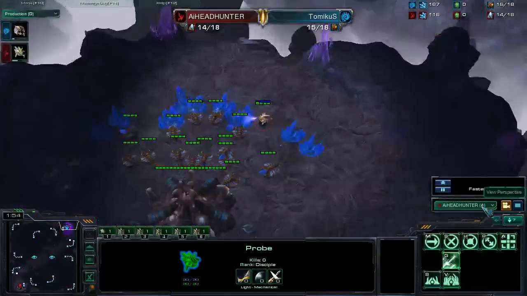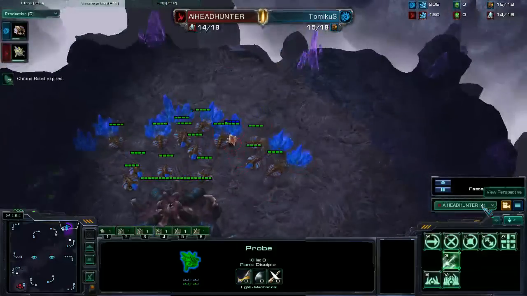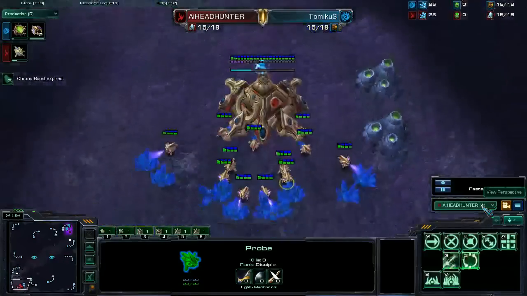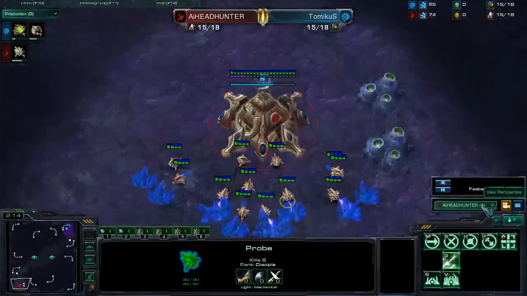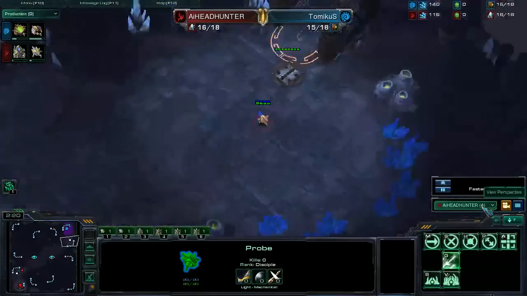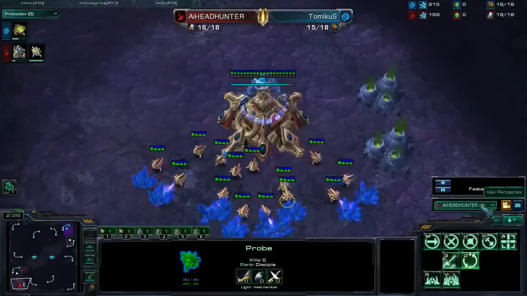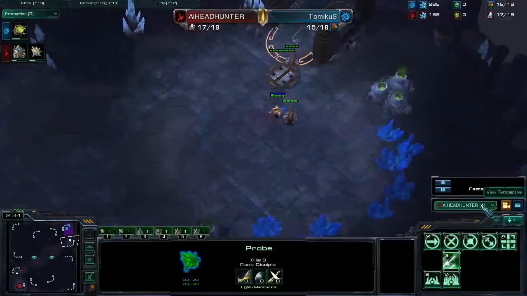So as you can see, I'm trying to deny his closest mineral by mining and stopping before the probe gets the mineral, so I can continue. But now I let the probe take the mineral because it's after 2 minute mark and I need to block his natural expansion. At the same time, I'm putting my gateway instead of forge, which is a little bit of mind game because I knew, my opponent knew, that if I